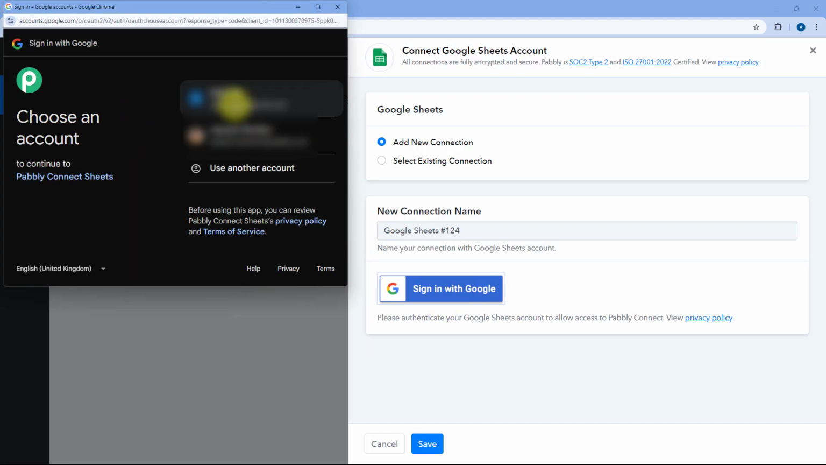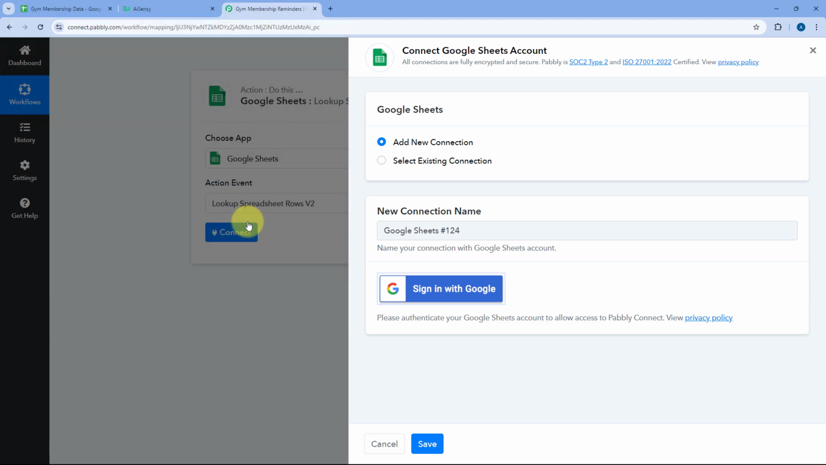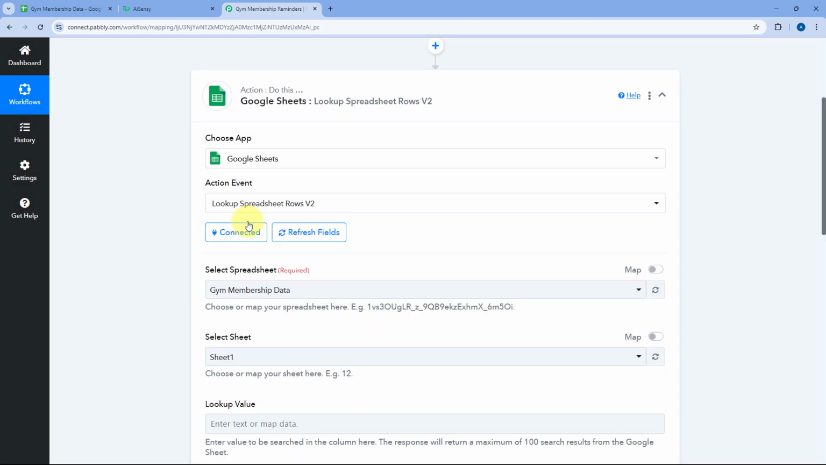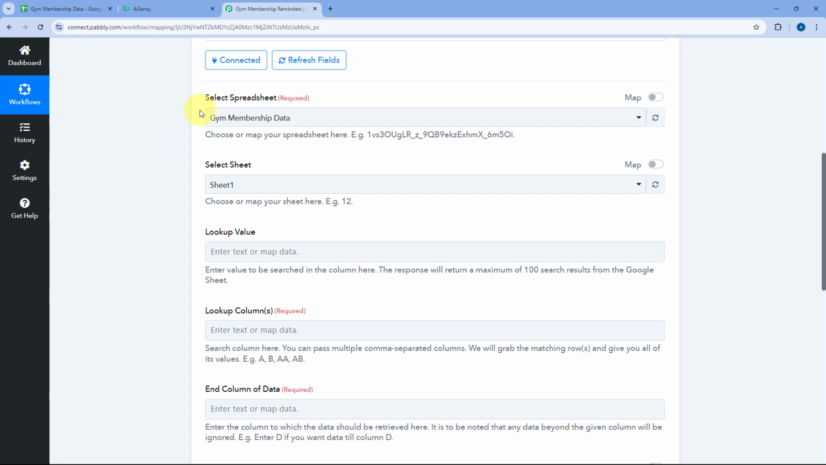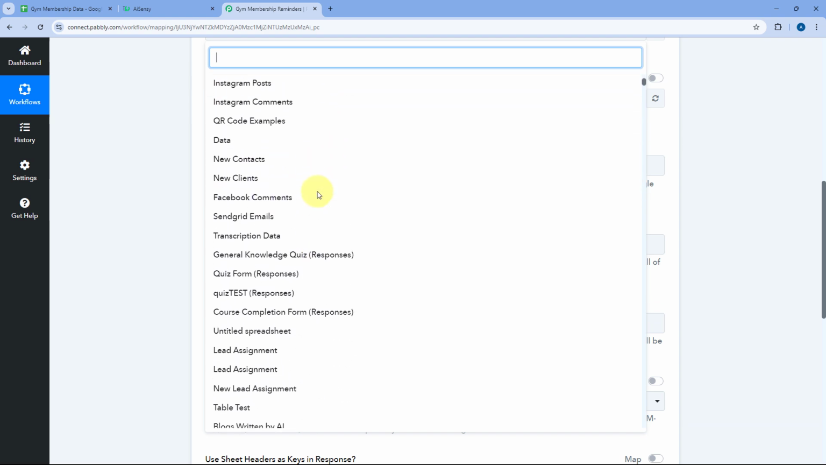From this pop-up window, select your Google Sheets account, then just scroll down and click on Continue. And as we click on Continue, we will see our Google Sheets account will get connected with Pabbly Connect. After making the connection, the first thing it asks us is to select the spreadsheet. So in this drop-down, you can see a list of all the spreadsheets which we have in our Google Sheets